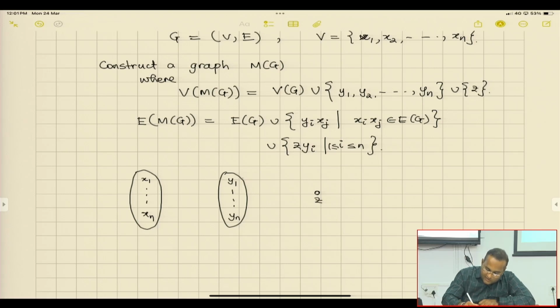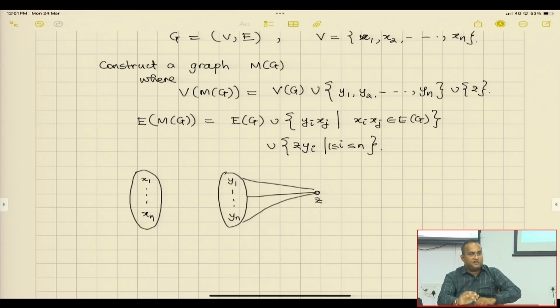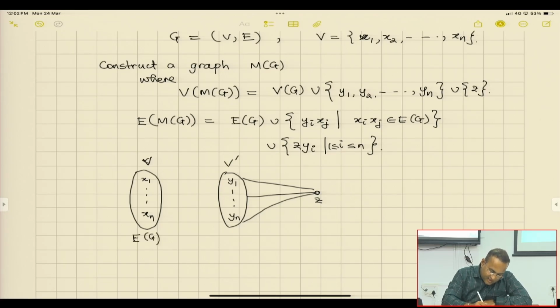Z is adjacent to every vertex of this. This is, let us say, V. Let us say this is V dash. Every vertex of V dash, and here the edges are there in this. This is with respect to G,